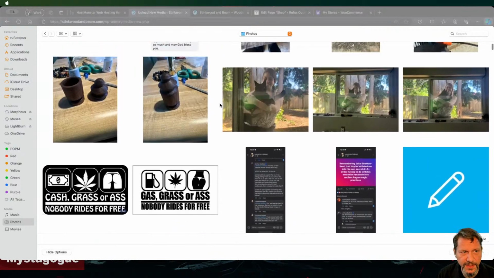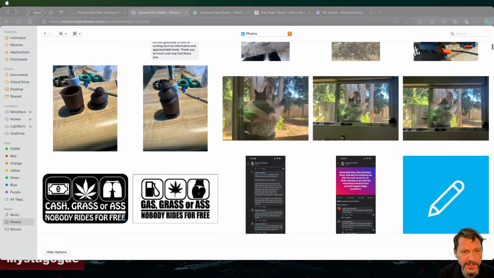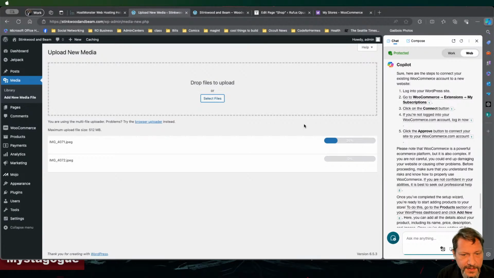Here it is. Okay. So these are some woodworking crafts that I've started to make, and these are what I want to sell on the site. All right. So when you work with WordPress for a little bit, this whole media uploader thing, it says